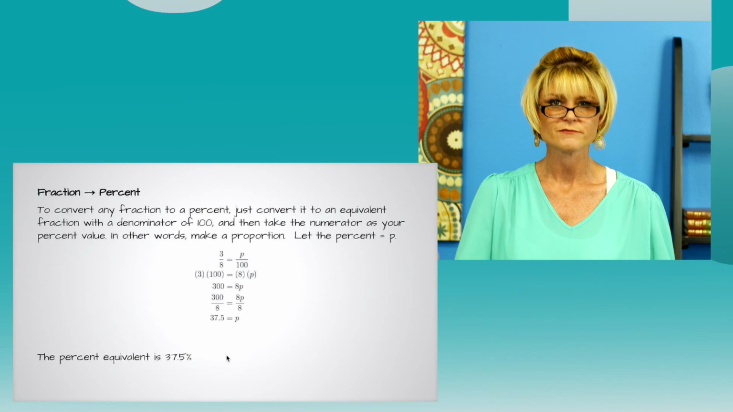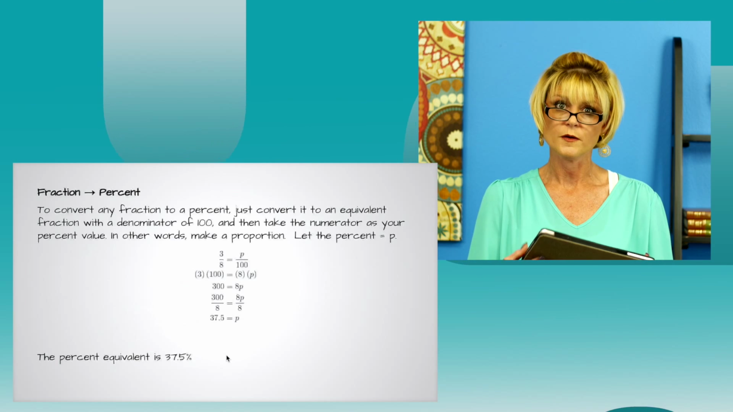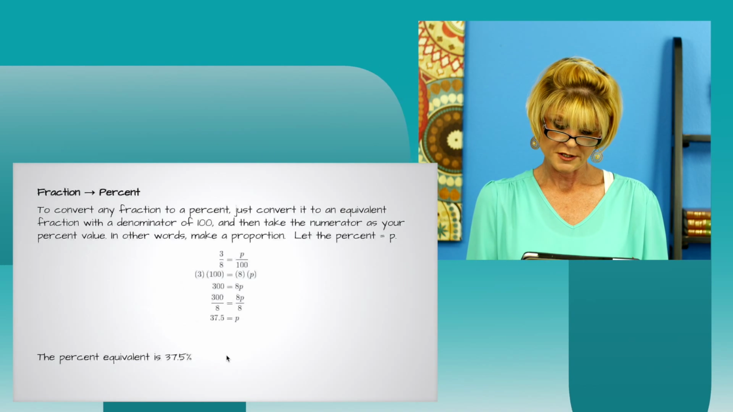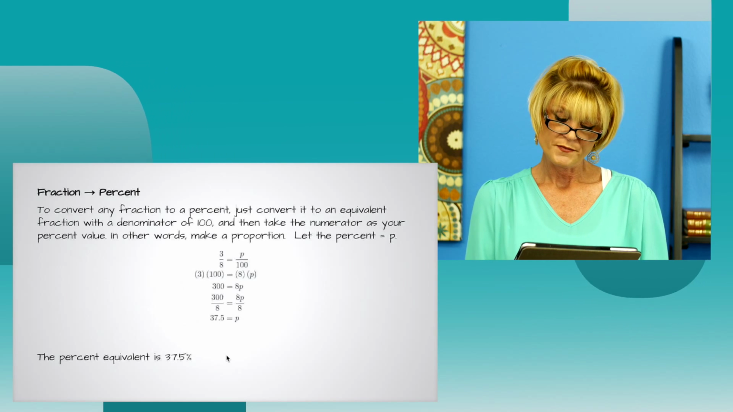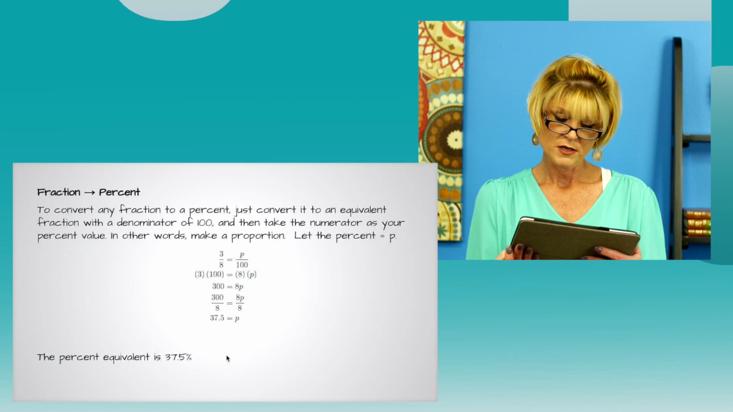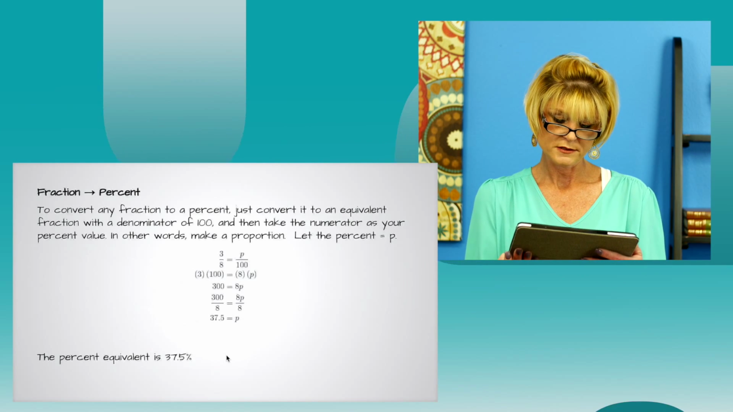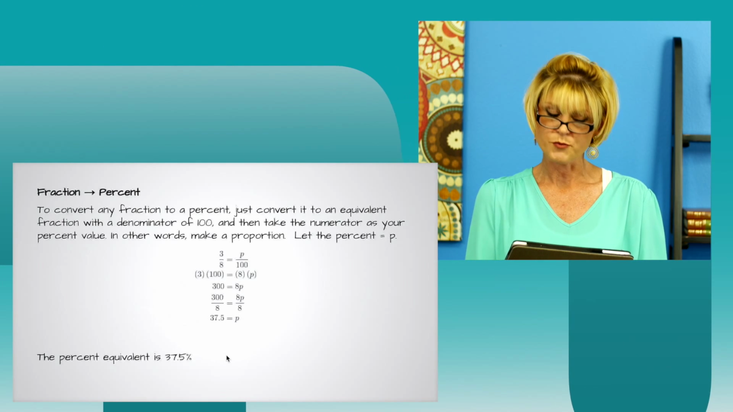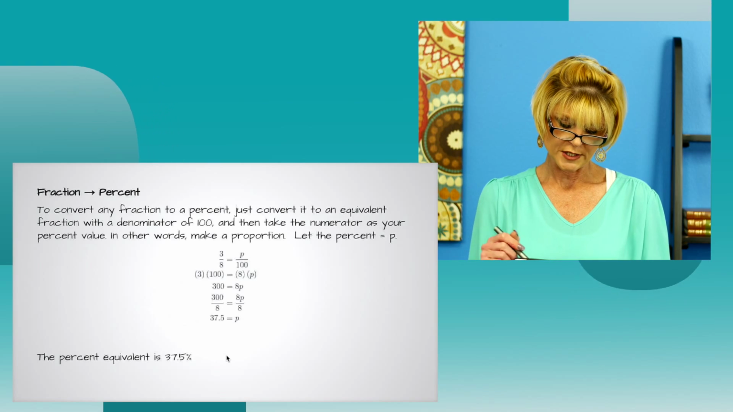So in other words, make a proportion. Let the percent equal P. Let's take a look. 3 over 8 equals P over 100. When we cross multiply, 3 times 100 equals 8P. 300 equals 8P. Divide both sides by 8, and we get P equals 37.5. So the percent equivalent is